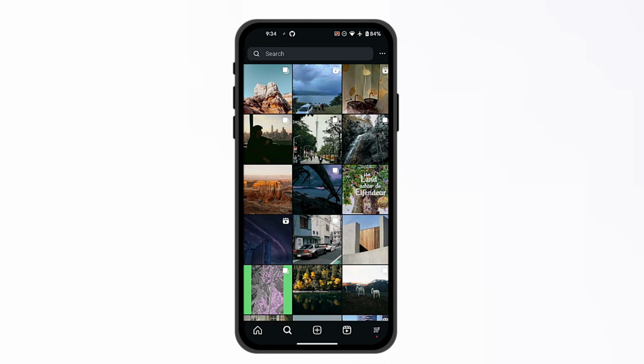Hello everyone, today I'm going to show you how to fix the Instagram live option not showing up on your